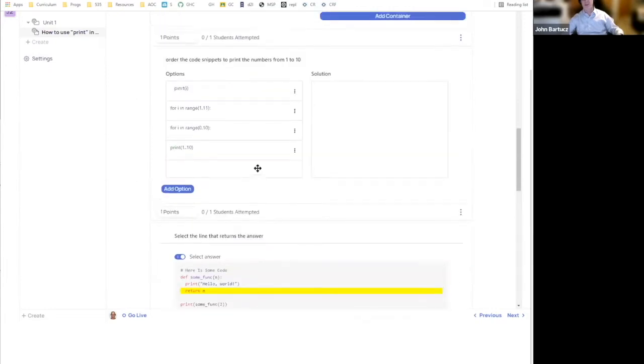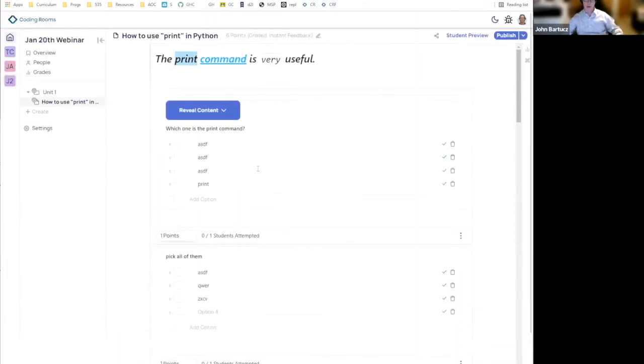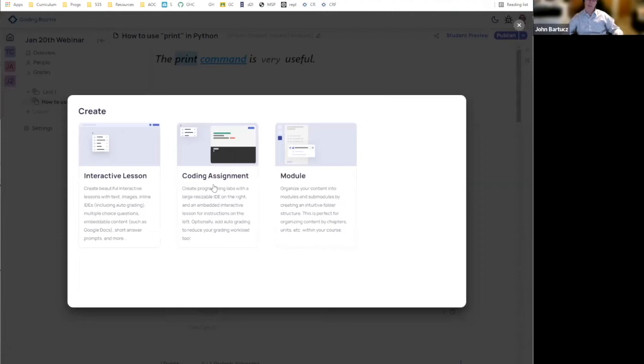Okay, so this is, like I said, an instructional unit, but what I use more often is a coding assignment. The interactive lesson is very useful when you're creating content for how to do something, if you have students working on their own. But I tend to use coding assignments a lot in my classes. And so